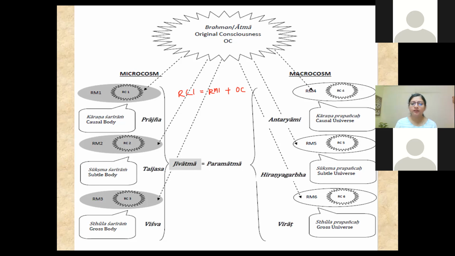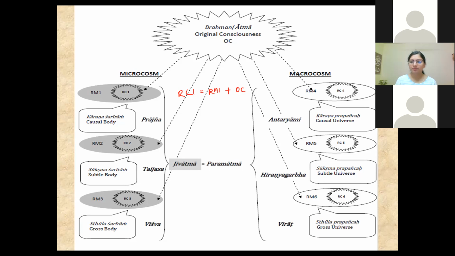The problem is that the Ajnani, the non-Jnani Jiva, goes on comparing RM with RM. He compares his RM with everyone else's RM. He compares his RM with Ishwara's RM, with Bhagwan's RM. And as long as you go on looking at the world with that vision, there is going to be a problem because you are only going to see differences.